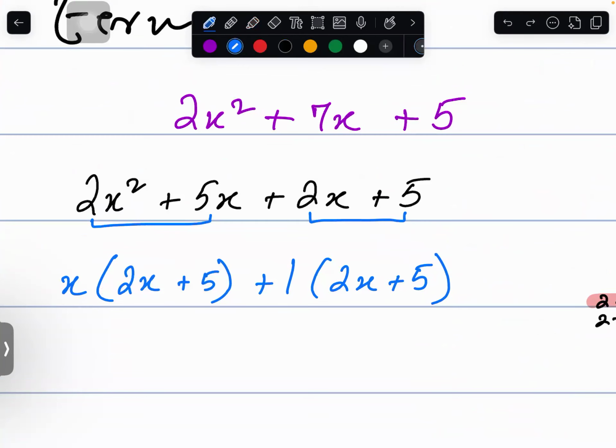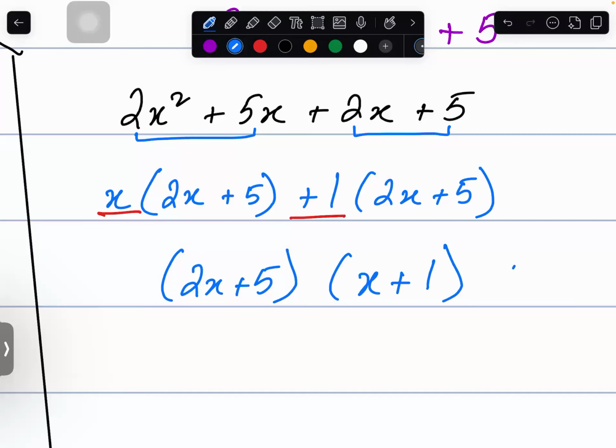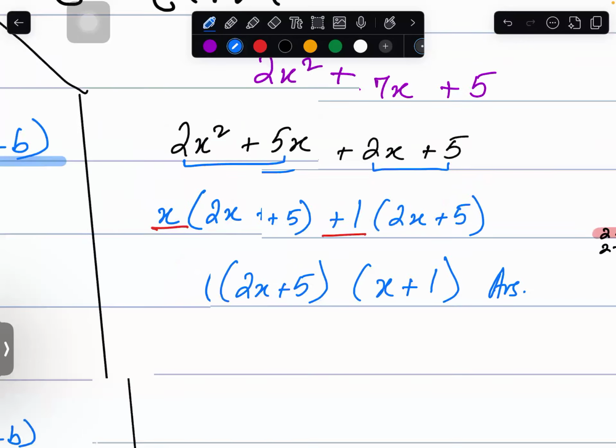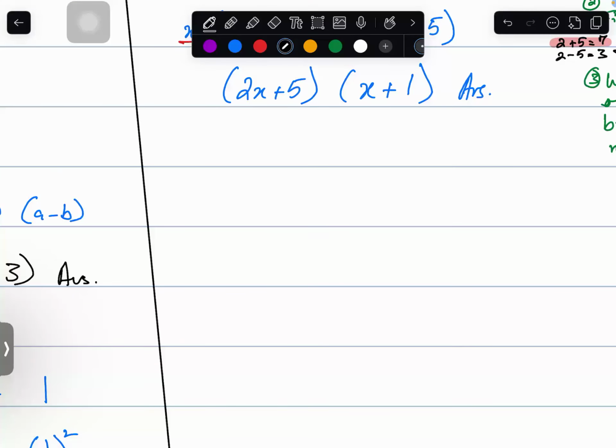And the last step is quite simple. You just write one of the two common brackets, that is 2x plus 5, and a bracket for the elements that are left outside, which is going to look like x plus 1. This is how you're going to factorize a three-term factorization. All right. Now let's have a look at another example of it. Let me write one more question for you guys. So question number 2 is like